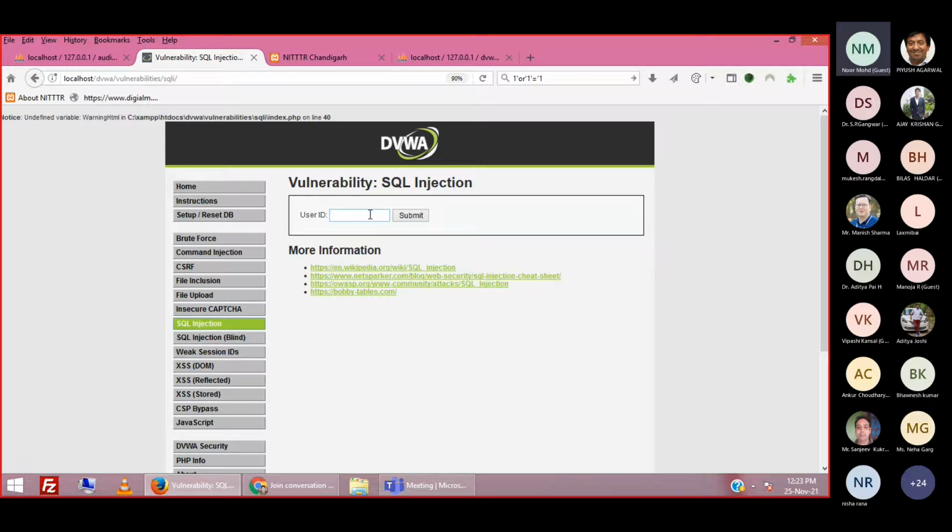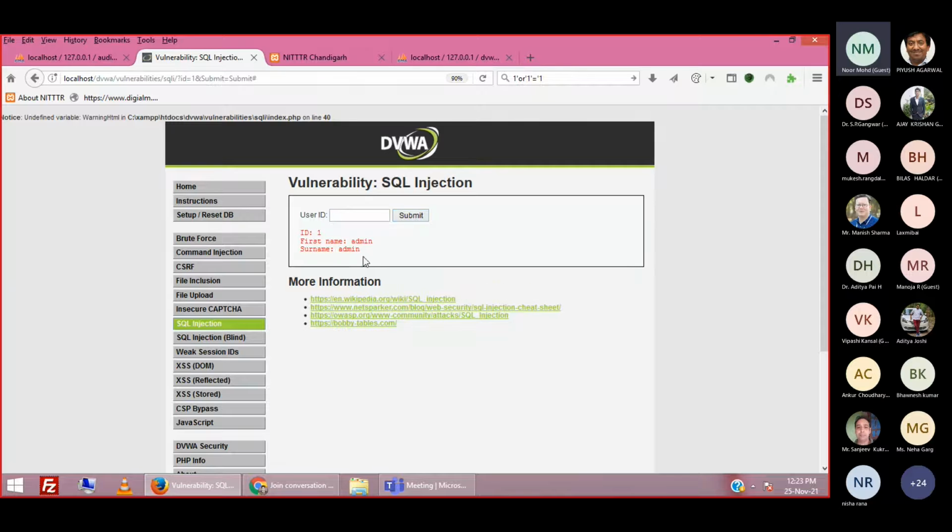It is asking for just a roll number kind of thing like user ID, and it is showing me first name and last name, but it is not showing any sensitive data. When you are checking your result by putting your roll number, have you ever seen the response showing you the root username and the passwords for all users? No, not at all. The sensitive data will not be displayed here. Only the relevant information will be displayed.